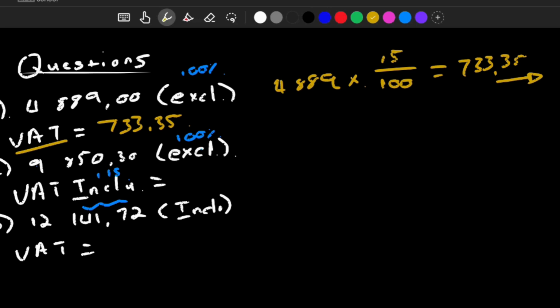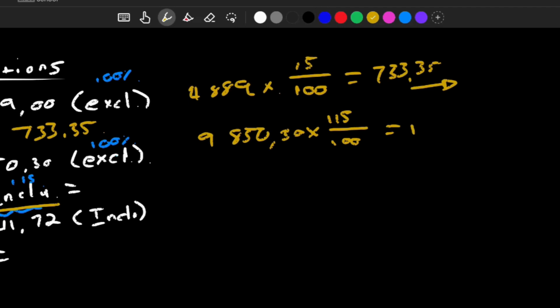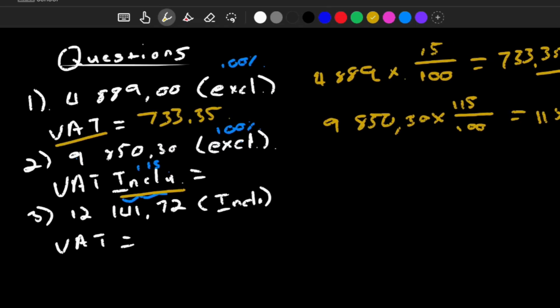Now we say 9,850.30 cents multiplied by our unknown, which is the inclusive amount, 115 over our, what is our known? The 100%. 100. That should give us, put it in your calculator, 11,327.85, right? 11,327, sorry, 0.85,